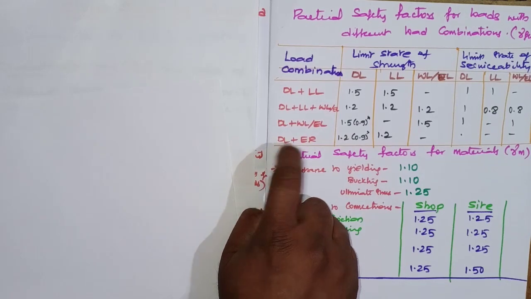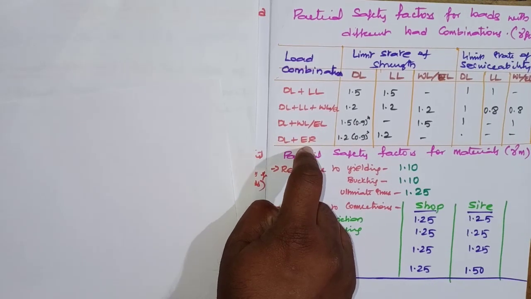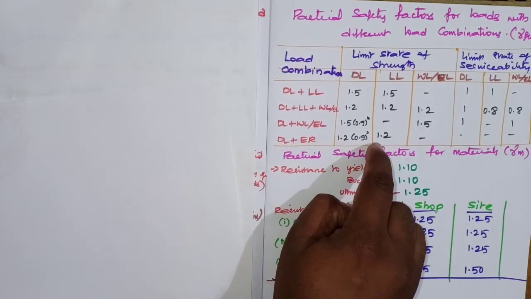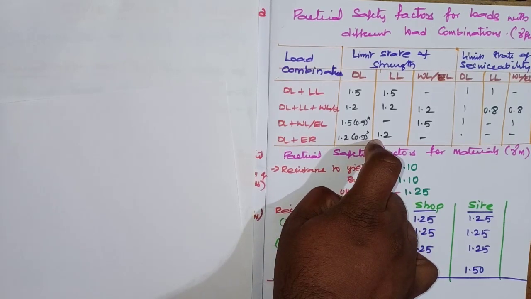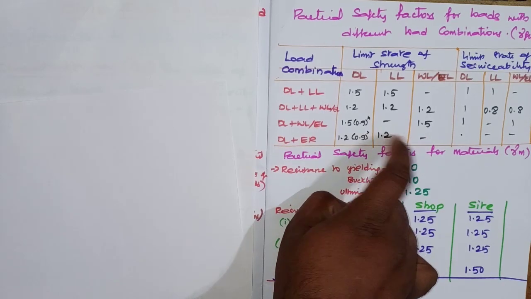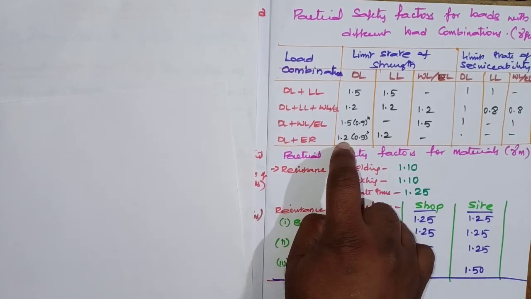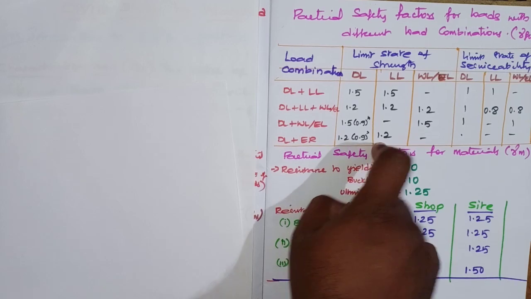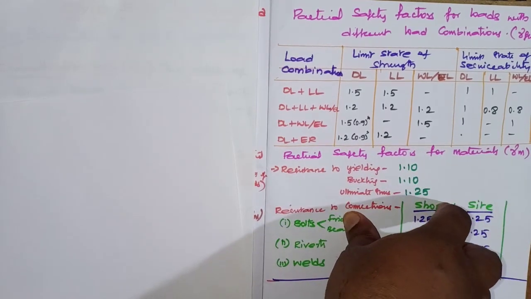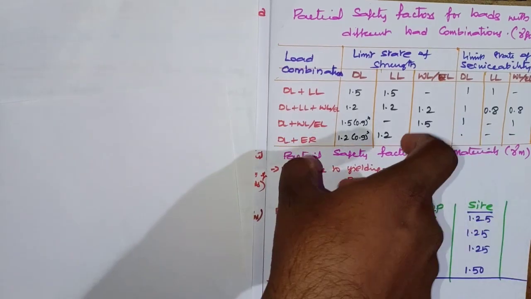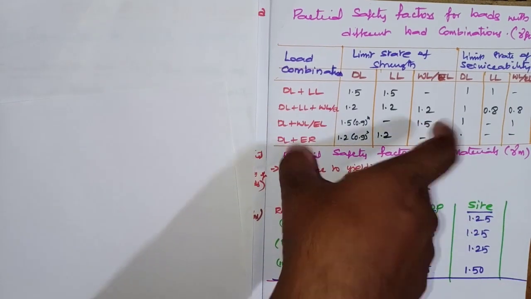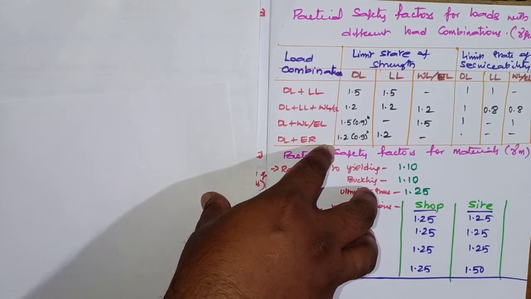Coming to dead load and erection load, see, erection load will be acting as a live load only. Why am I taking this as a live load? Because it will be happening only at the time of execution or fabrication of the work. Later on it will disappear. Because it is disappearing, it won't come under the dead load. And see here, 1.2 and 1.1, and under serviceability conditions we won't consider this one. Why? Because erection load will happen at the time of execution only, not throughout its lifespan. Okay, and that is the reason.